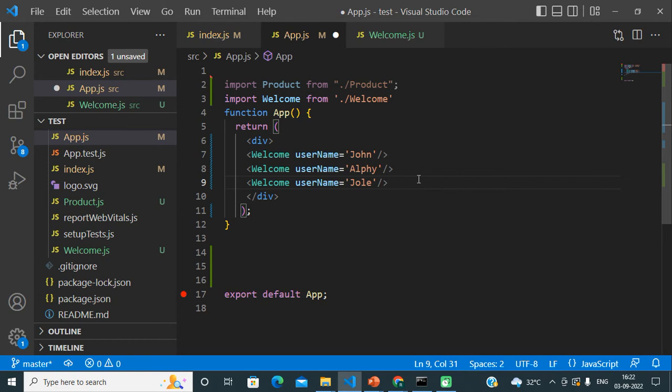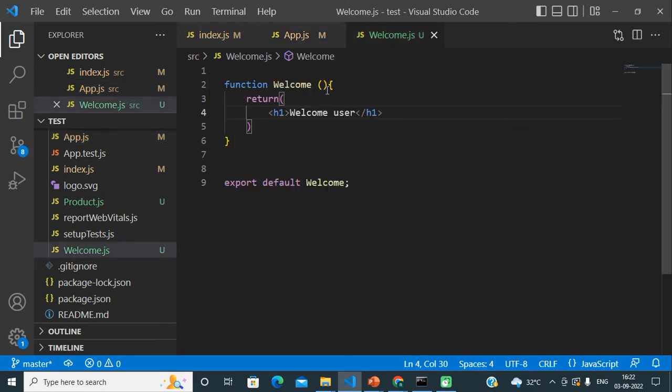In that case, at the component side we need to catch this data. And how do we catch that data? To receive that data, we have to use props here. Inside the function's open and close brackets, we have to receive that data as props.